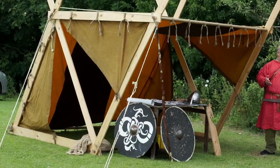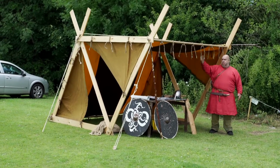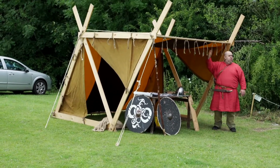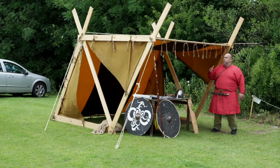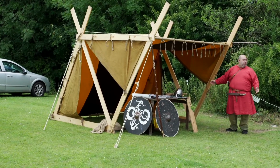This is a Viking A-frame tent. This would have been the sail off the boat. And what they do when they land, they use the sail to make a shelter. So even though we're using planks, they would have used whatever they could, branches and that, just to make the